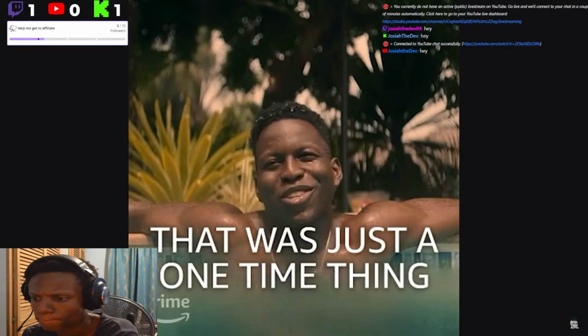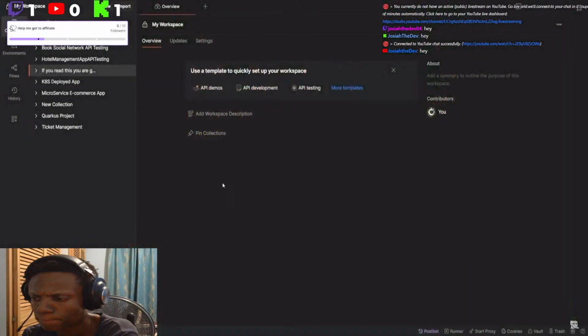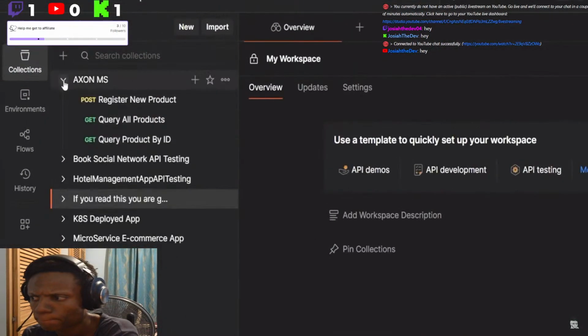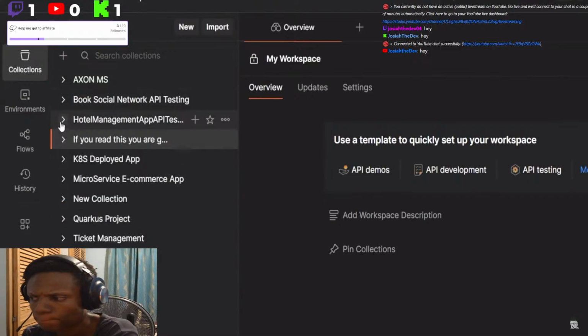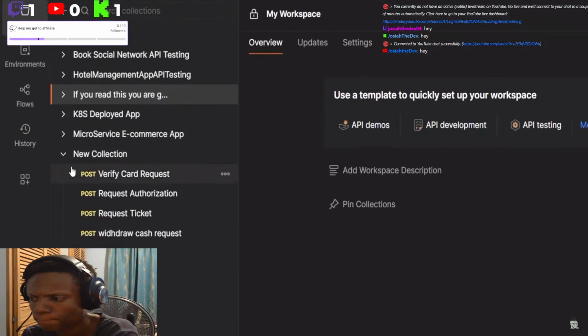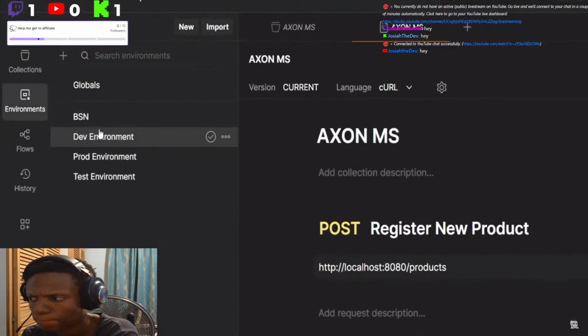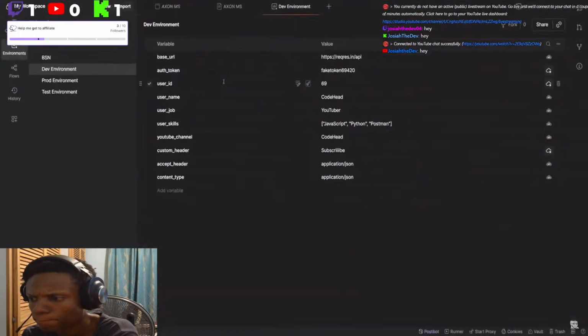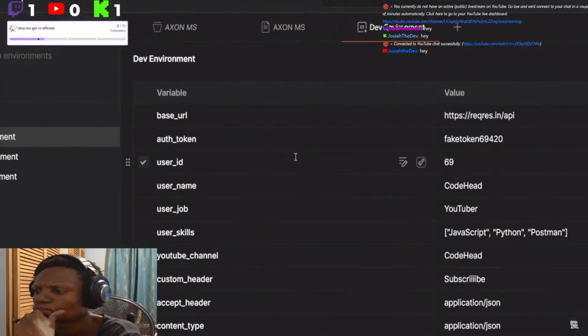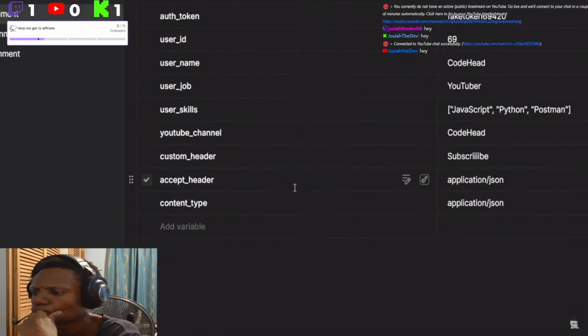But Postman isn't just about one-off requests. You can save them into collections, basically playlists of API calls, so you don't have to retype anything. Collections can be shared with teammates or reused across projects. Then you've got environments. These let you swap out variables like API keys or base URLs with a single click, making it easy to jump between dev, staging, and production without editing everything manually.